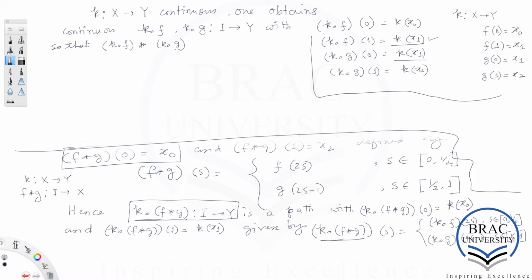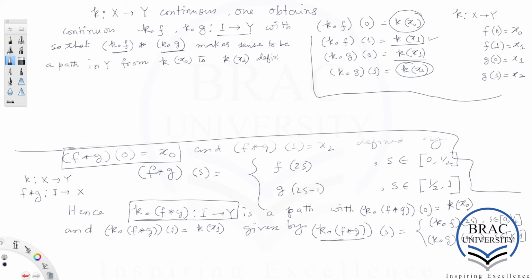Because for these two paths in Y, the final point of K composed with F is the initial point of K composed with G, so that their product makes sense. This makes sense to be a path in Y from K of X0 to K of X2,